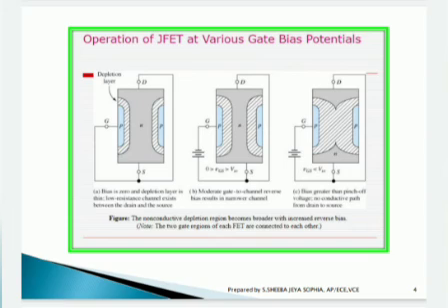And figure C, when this bias is further increased, bias greater than the pinch-off voltage, results in no conductive path from drain to source. It is fully merged. So this diagram represents the non-conductive depletion region, which becomes broader with increased reverse bias,